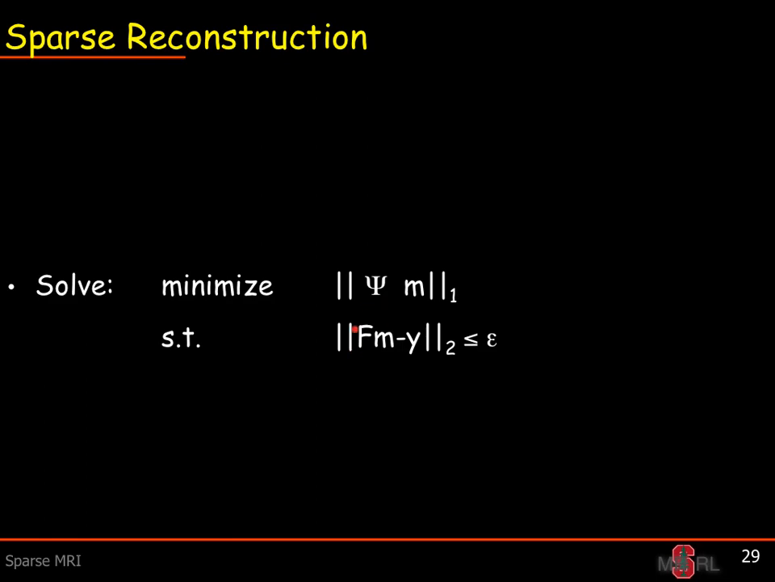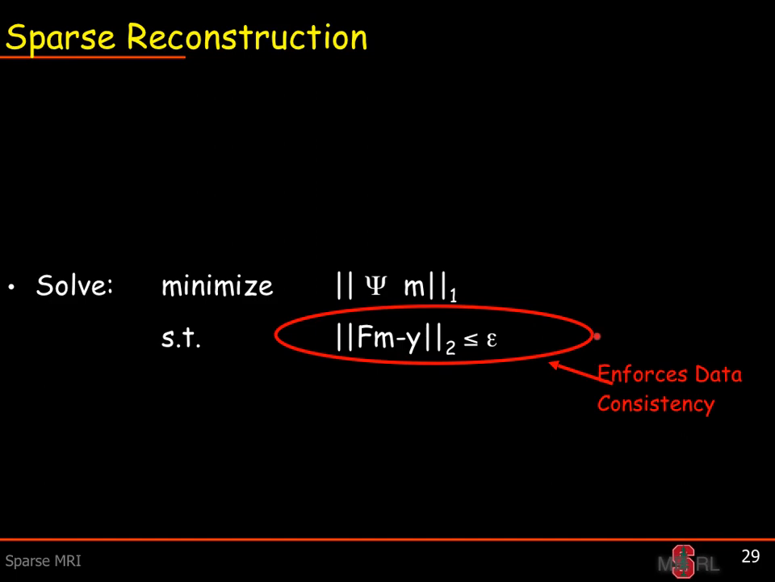So for MR, this is our measurement matrix F. This is in the image domain, so we multiply m times the Fourier transform and compare it to y. We're saying that the L2 norm of these differences has to be less than some epsilon. So overall, this bottom term here enforces data consistency. It requires that our reconstructed image is consistent with the data,